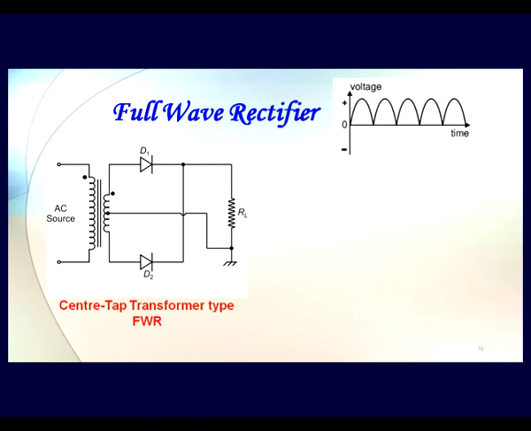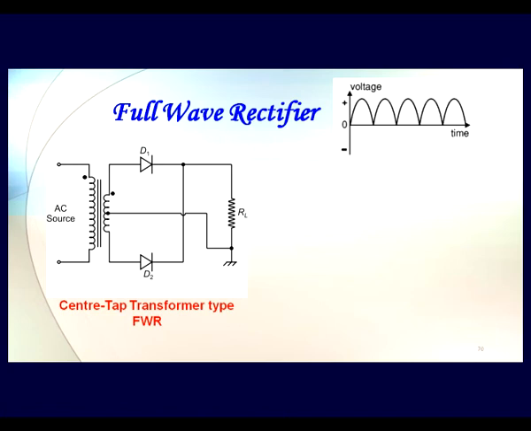And to these two ends we attach two diodes in these directions, and then outputs of these two diodes we couple together and we attach our load, the load resistance across it, and the other end of the load is put to ground through the center tap. So this is how the circuit is completed.